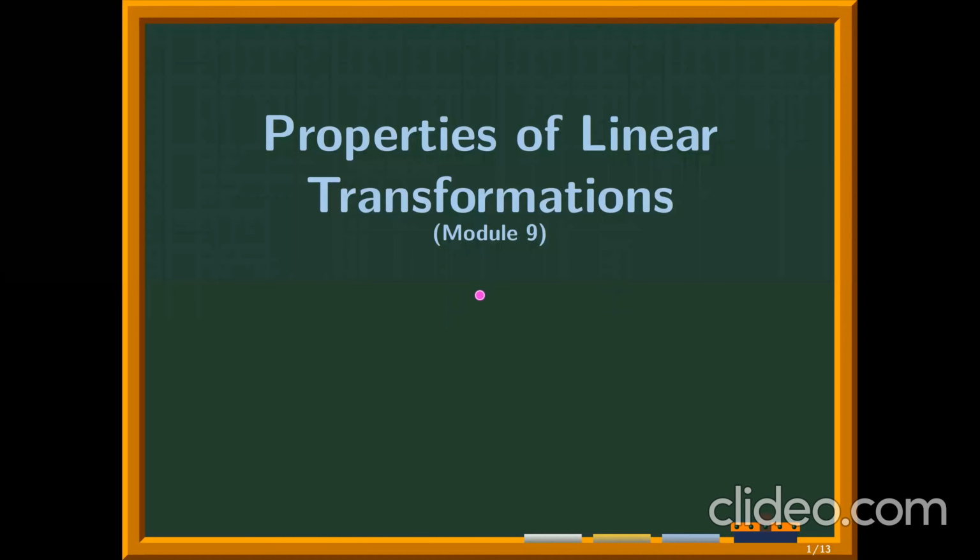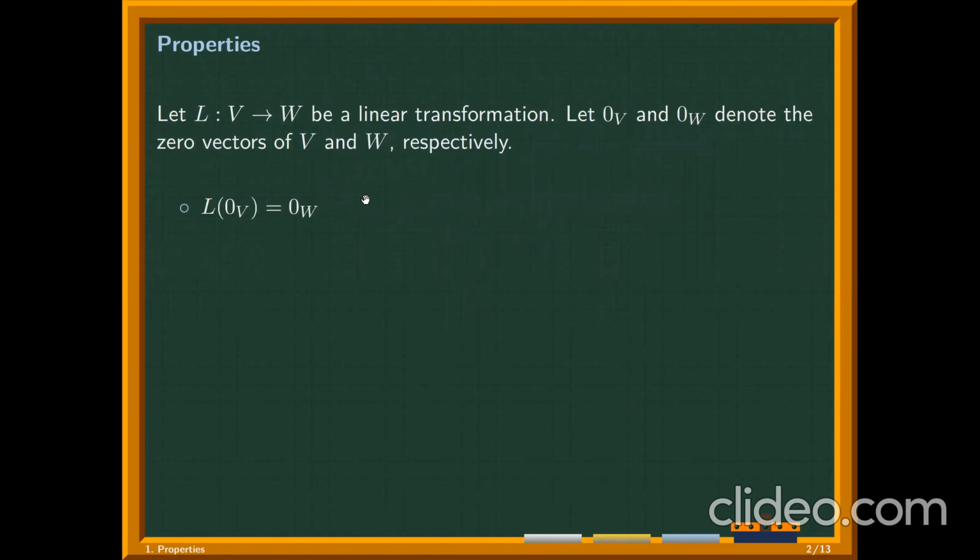In this video, we discuss some important properties of linear transformations, and we'll talk about two subspaces, two vector spaces associated with a given linear transformation. So suppose L is a linear transformation from vector space V into vector space W. So let's denote by 0 sub V the zero vector in V, and 0 sub W the zero vector in W. Then,